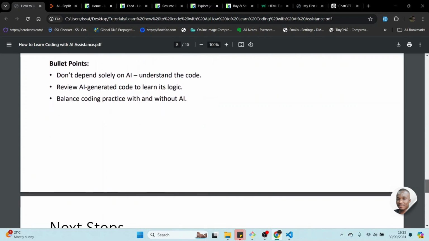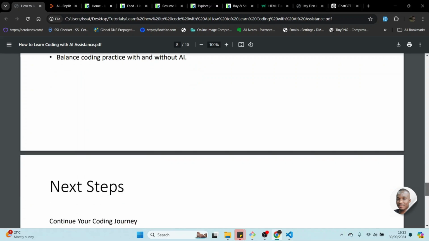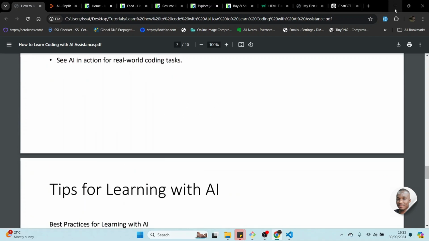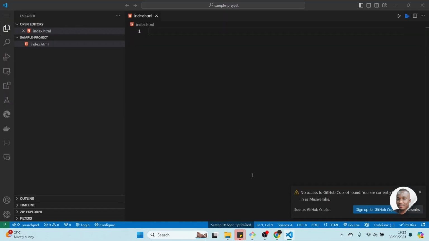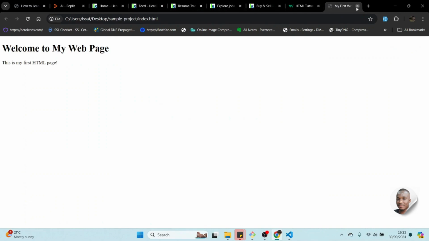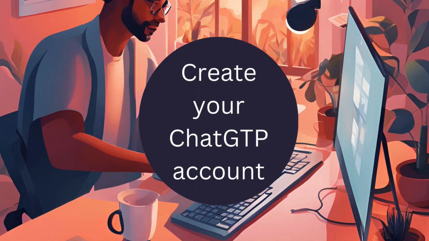So what we want to do now is create our project. First of all, we want to create an index since we don't have one. So we want to go to ChatGPT. If you don't have ChatGPT yet,